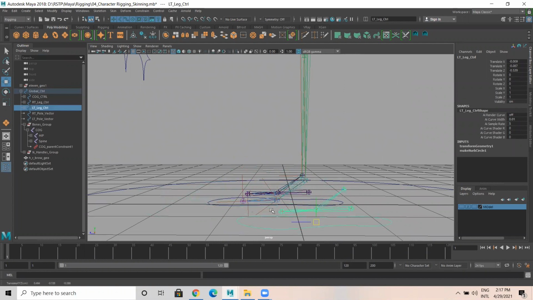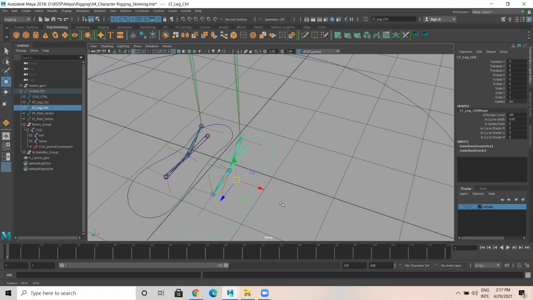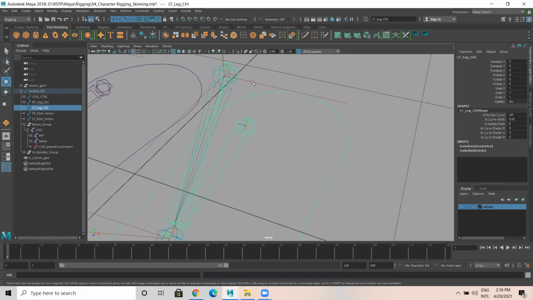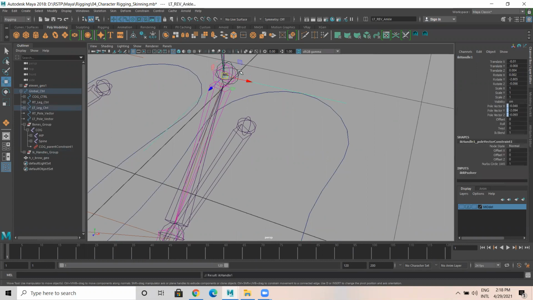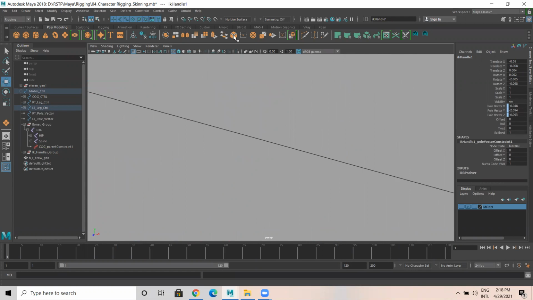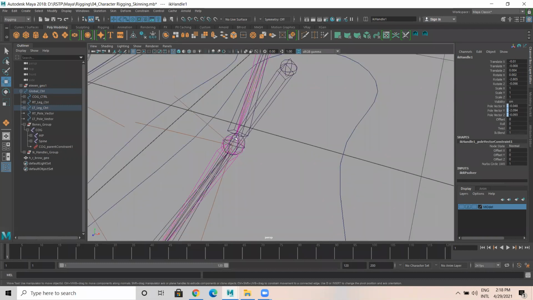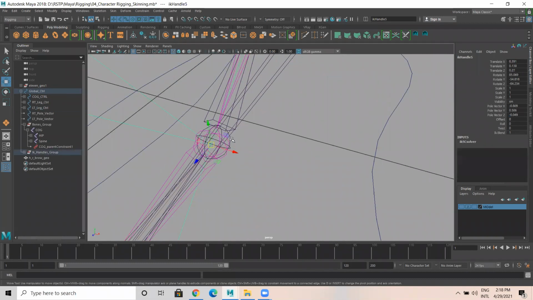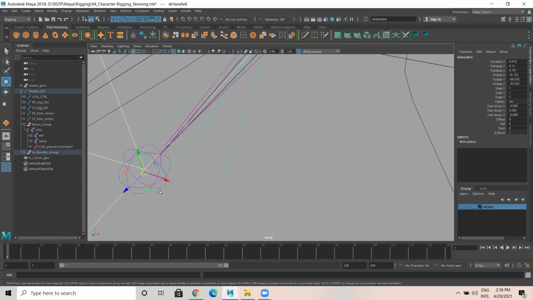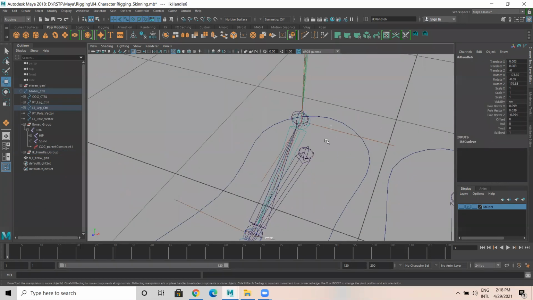Okay, this leg parenting part seems disconnected. Let me check. We need to reconnect. Select this ankle IK handle, shift select the joint, P. Select this IK handle and shift select this reverse joint, P. Similarly, let me check here.